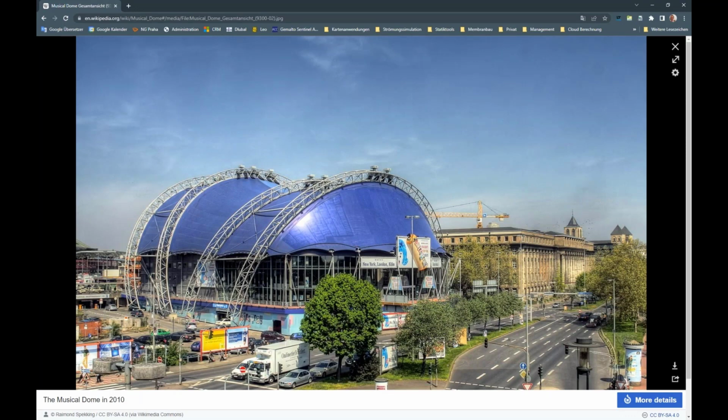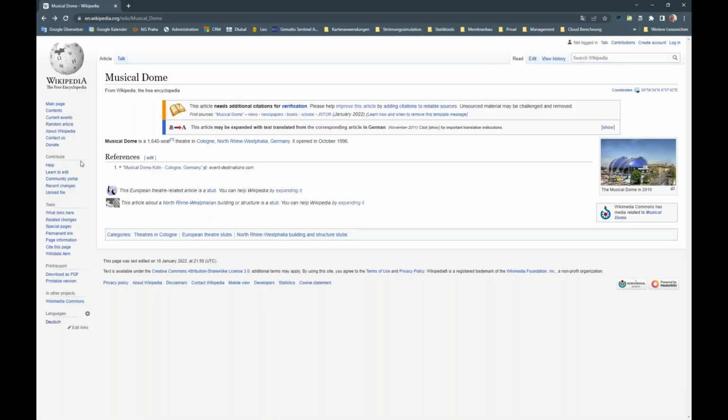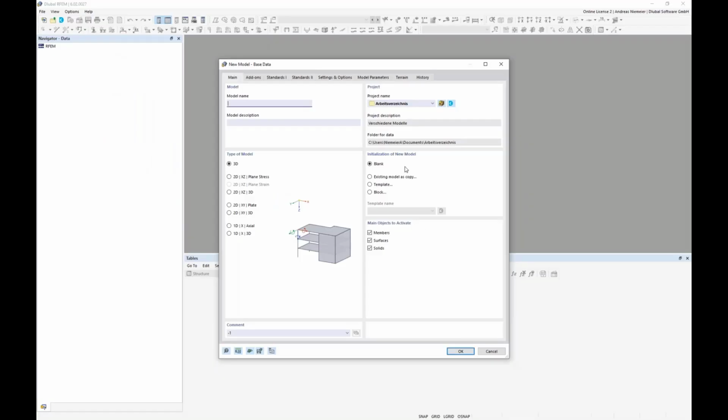If you see it here, this membrane is supported by two pairs of arcs, one lower arc and one higher supported arc. And this roof covers, let's say, a massive building block. And this is the keyword for our modeling start, where we change to RFEM